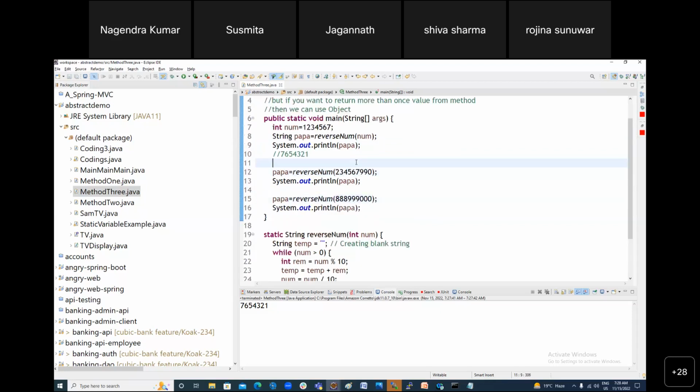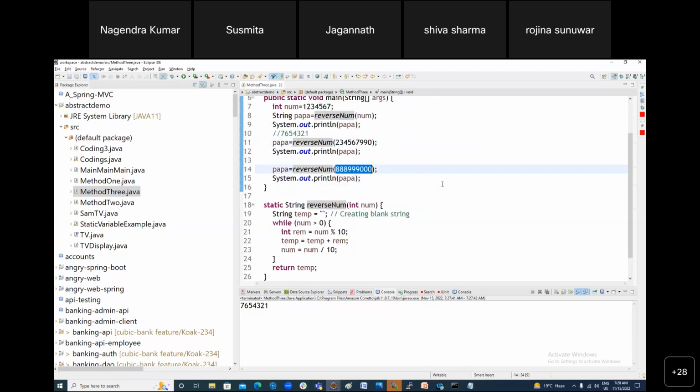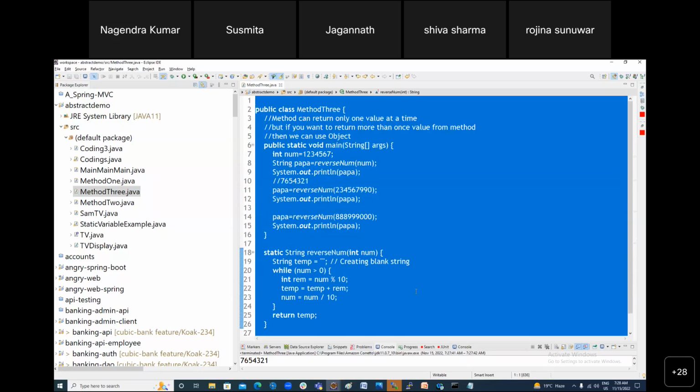Now it's beneficial, right? This is making the reverse of this. This is making the reverse of it. This is making the reverse of it, right? And printing it. So one method, I'm using how many times? Three times. Multiple times. My job is done. Same program I'm able to do with